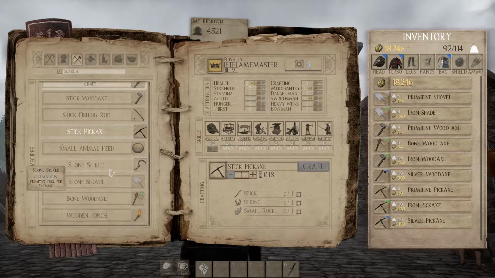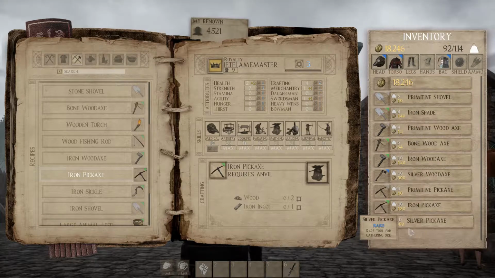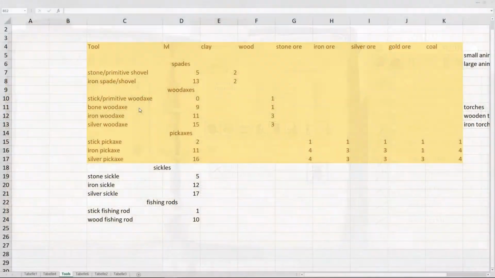The next one is the iron pickaxe. It requires level 11 in farming, but sometimes can be bought at a smith, a blacksmith. It requires 2 wood, 1 iron ingot, and also an anvil. And last there is the silver pickaxe, which requires level 16 in farming, and it requires 2 wood, 1 silver ingot, and an anvil. So for the second part of this video, I'll be going through the yields